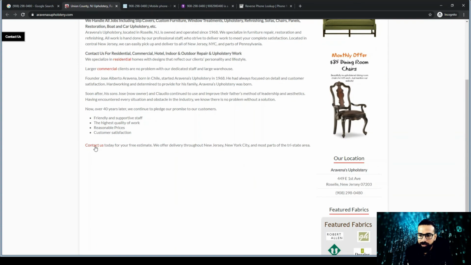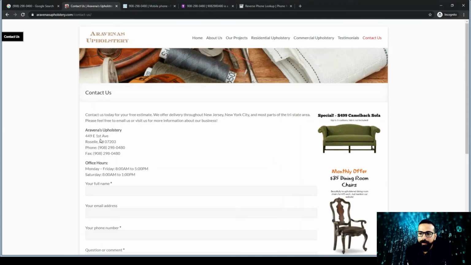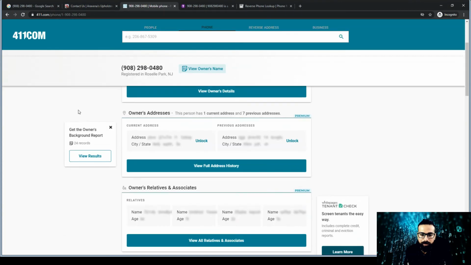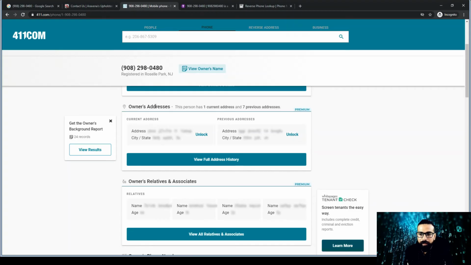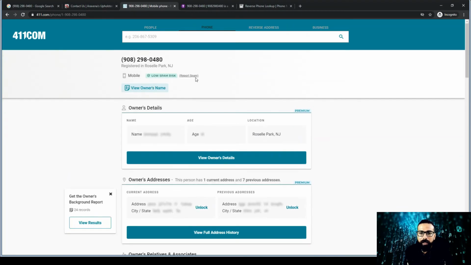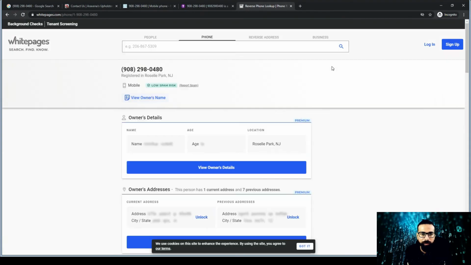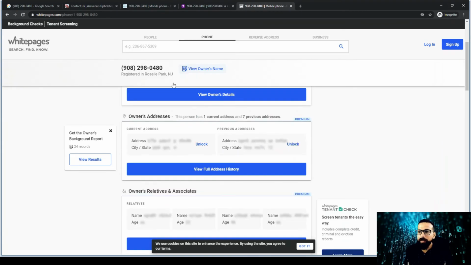Let me just cross check. It's not in Roselle Park, but this number is registered in Roselle Park, so we need to cross check it. We cannot see the number owner detail, owner address unless we pay. I think 411.com uses the whitepages service as well, so it might be possible that they are fetching the information from the whitepages, because usually 411.com shares the information. So I think this is the same layout, so they must be getting the information from the whitepages. Anyway, that's